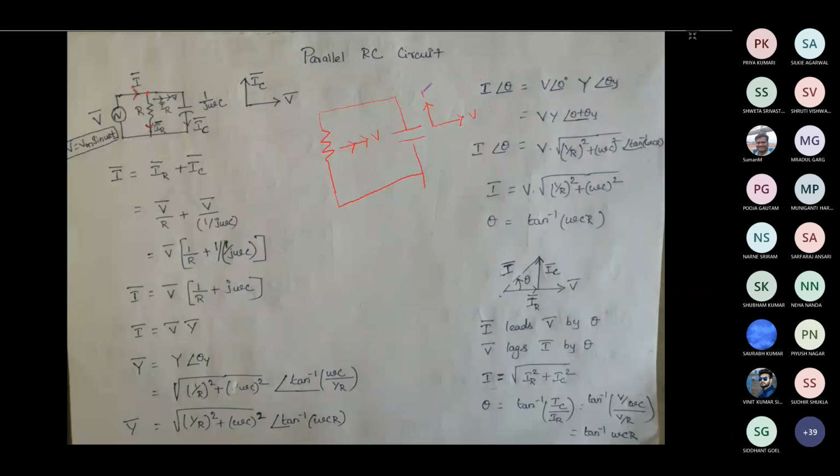Okay, so what we are going to do is, this is IC and this is IR. We are going to merge this phasor diagram and this phasor diagram, and we are going to find the overall phasor diagram. So that's how we will be finding the resultant current. So our V is like this, and our capacitor current is like this, and our resistor current is like this. It is in phase with the voltage.